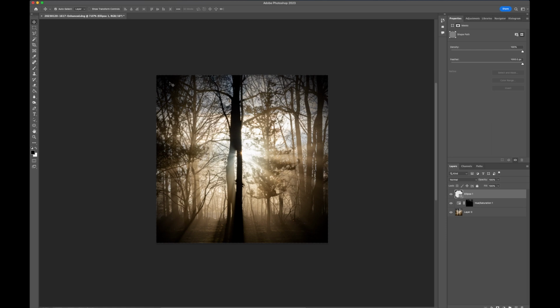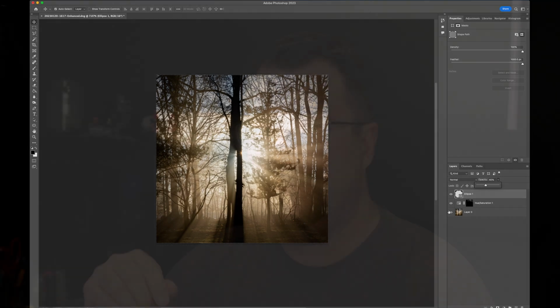From there, we'll also change the opacity of it, because it's pretty obvious that we've darkened out these corners. So we can just drop the opacity. Usually 35 to 40 is pretty good. We'll set this for 40 and see how that looks. Now that looks pretty good, and we can turn this on and off to see the difference. You can see that it's just enough to help keep our focus within the center of the photo here. So that's how I edited this photo.